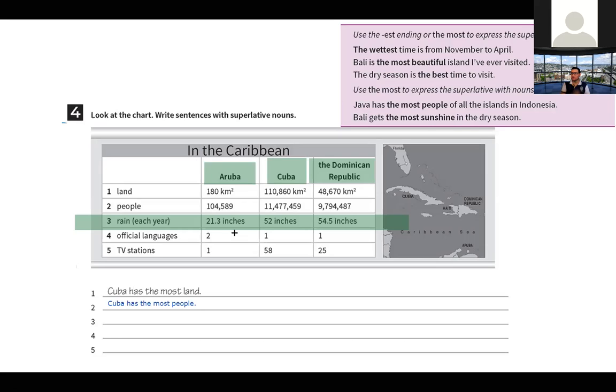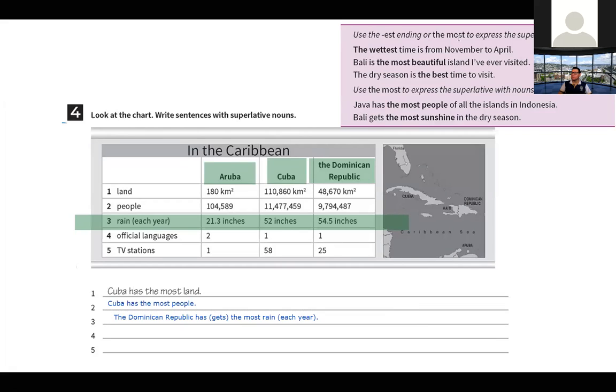Aruba, Cuba, or the Dominican Republic? No? Oh yeah, you look here, no? Aruba, Cuba, and it's obvious, right? That the Dominican Republic, no, has or gets the most rain each year. Okay, we're gonna do this in this way too.